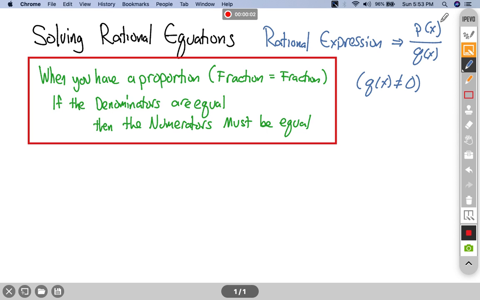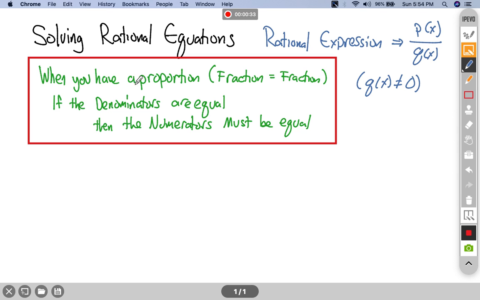In this video, we're going to start exploring solving rational equations. Again, a rational expression was one where we said we have a fraction involving polynomials, p of x over q of x, and we have to make sure, again, q of x doesn't equal 0 because you cannot divide by 0. Okay, we're going to look at one method of solving rational equations involving making denominators equal,